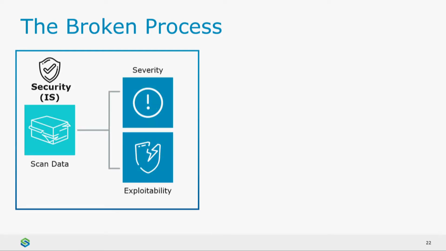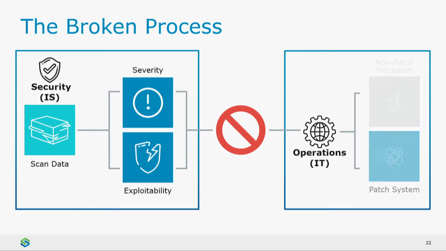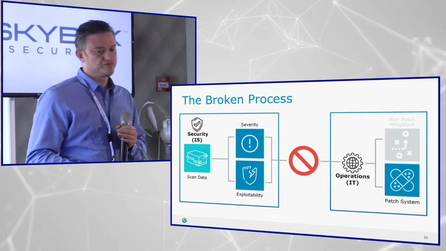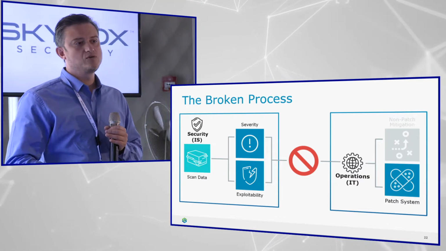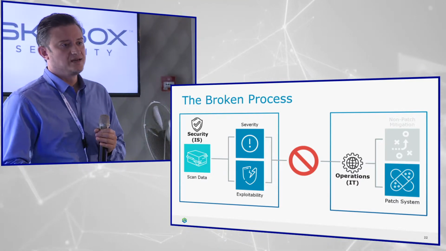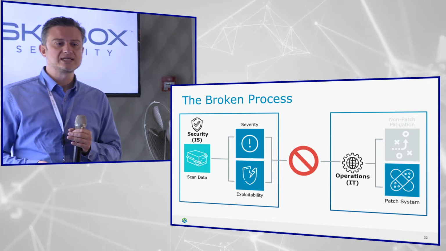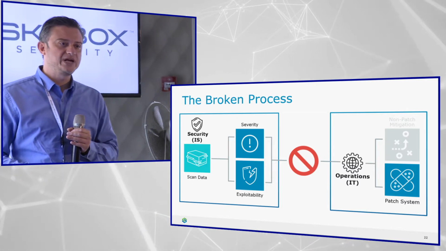The process today. Many organizations have a vulnerability management process of some kind, and basically it looks like this. We have our scanner, and our information security team, risk analytics, working on vulnerabilities, finding vulnerabilities, providing reports by exploitability and severity, a huge report, and then moving it to IT, to the guys who are actually responsible for assets. And the guys responsible for assets manage patches.